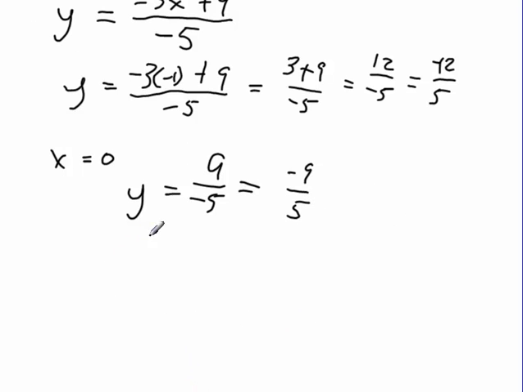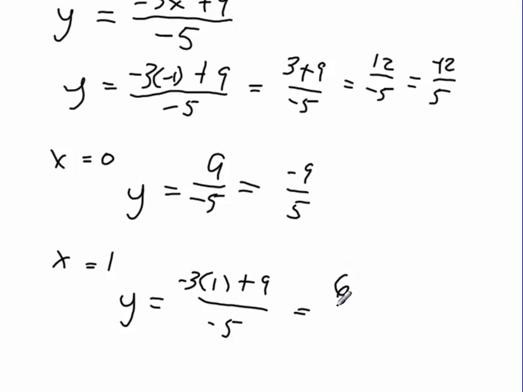Okay. Well, now I want to do a positive one. So for x equals 1, I'm going to plug that in. And again, replacing my variable with parentheses and then plugging in my numbers. So I have negative 3 times that 1 plus 9 divided by negative 5. And this gives me 6 over negative 5, which simplifies to negative 6 over 5. Not too terrible. Now this is where I wanted you to remember that line we said,